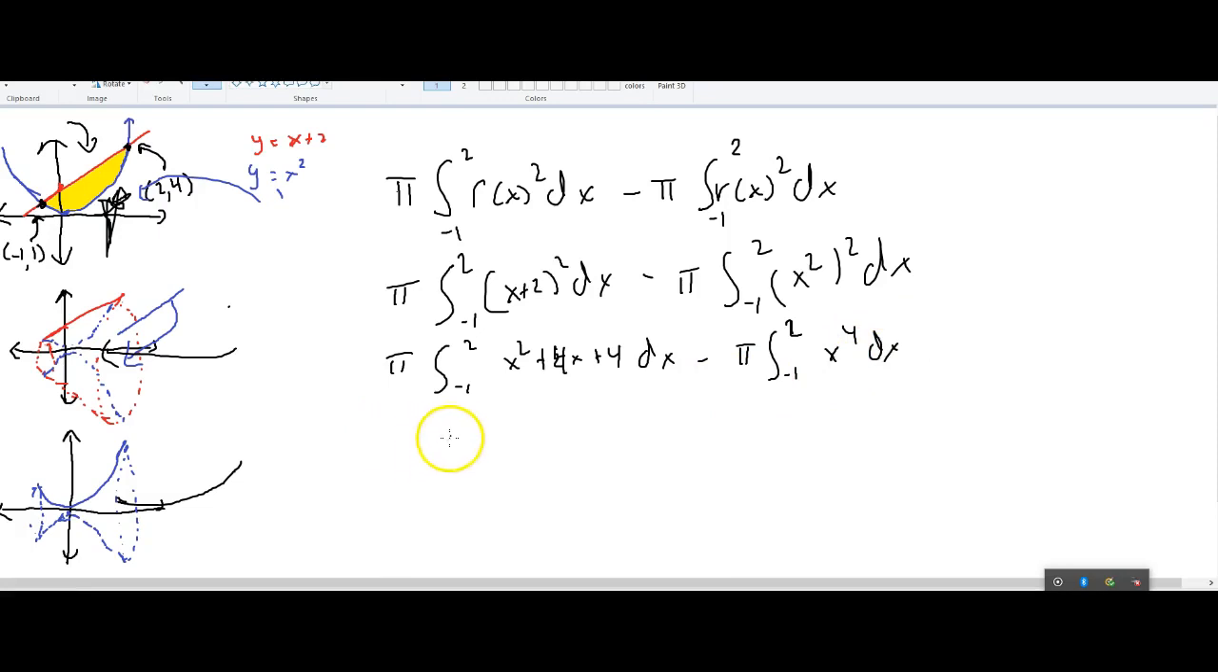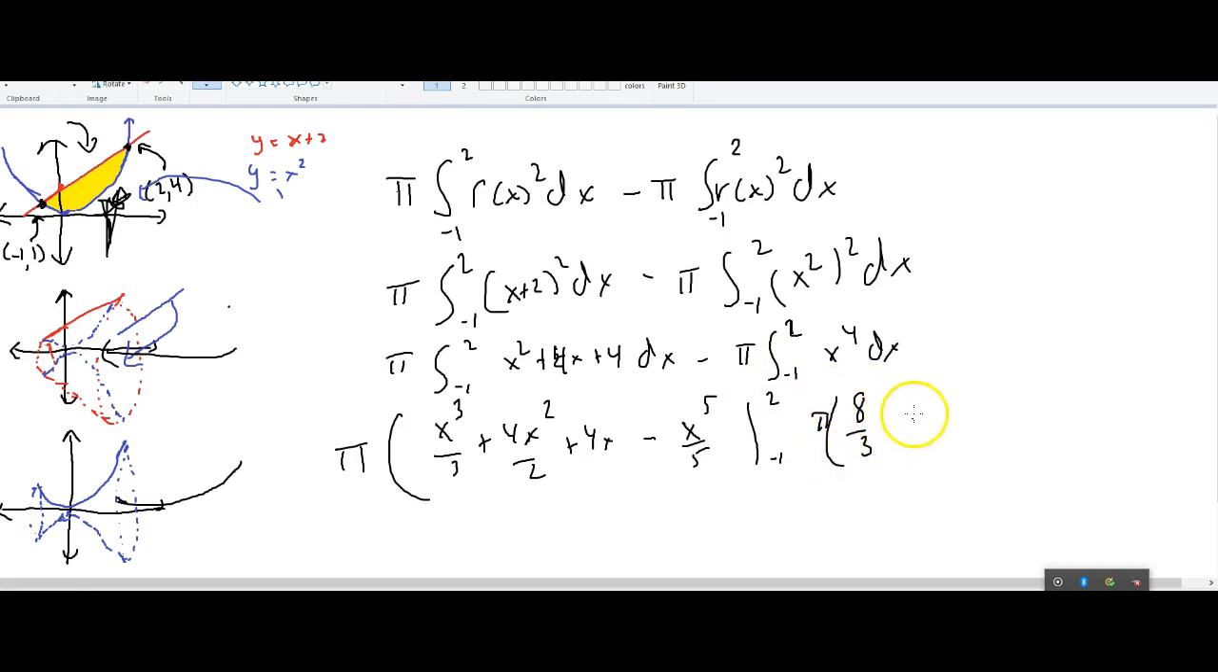Okay, bringing it home. I got x to the 3rd over 3 plus 4x squared over 2 plus 4x, minus, I'm going to pull both pi's all the way out to the front, x to the 5th over 5, from negative 1 to 2. Look at that, I combined it after, even after I said I was not going to do that. So I get a pi out front, 8/3 plus